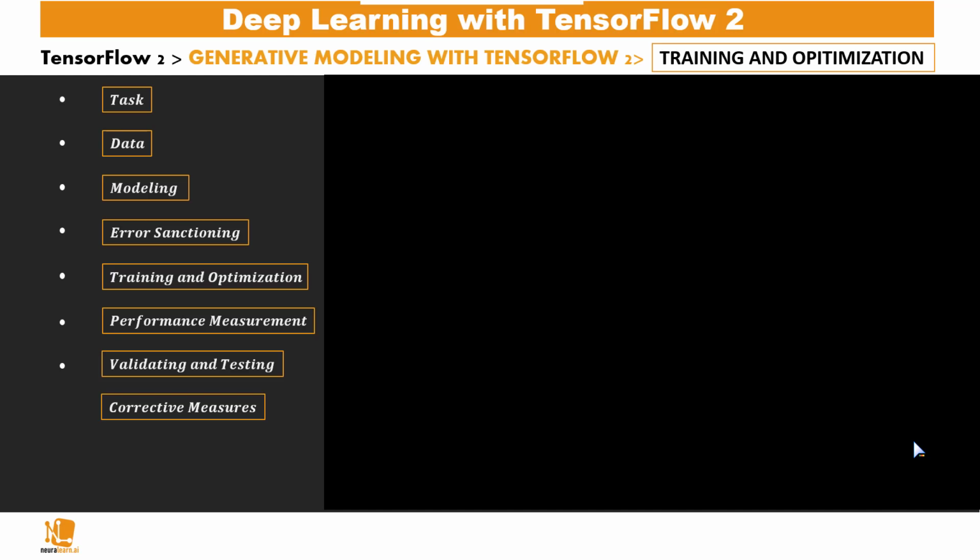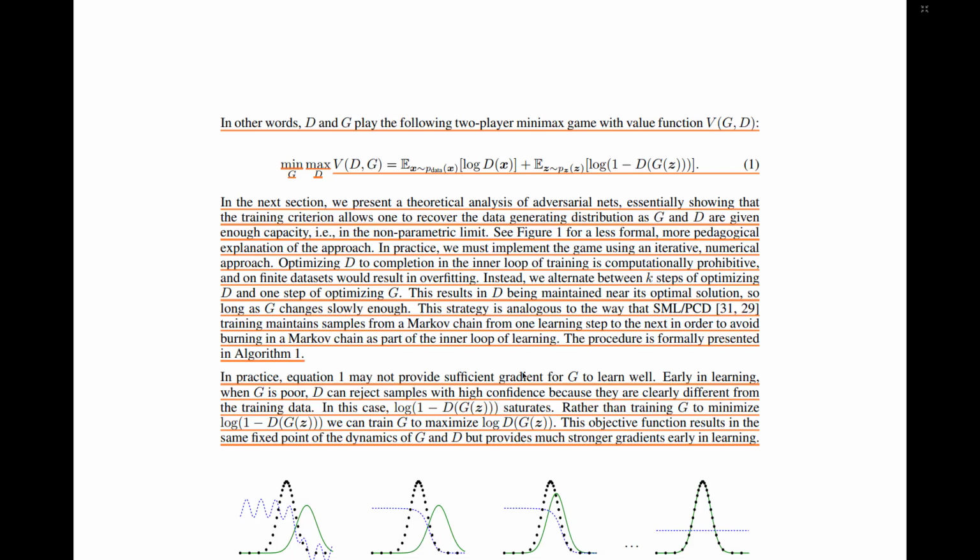Welcome to this section on training and optimization. After looking at the loss, in the next section they present a theoretical analysis of adversarial nets. And when given enough capacity, we are able to produce a data generating distribution G, which is very similar to